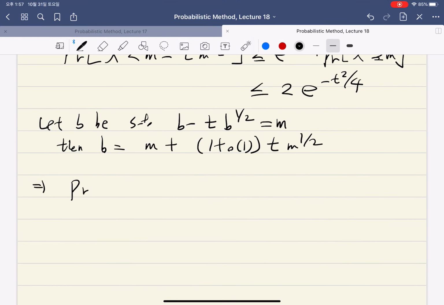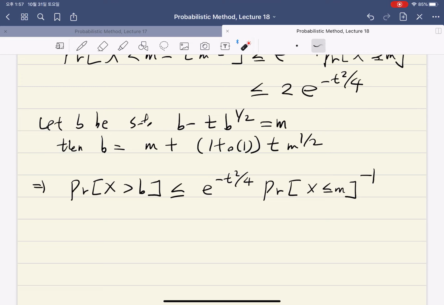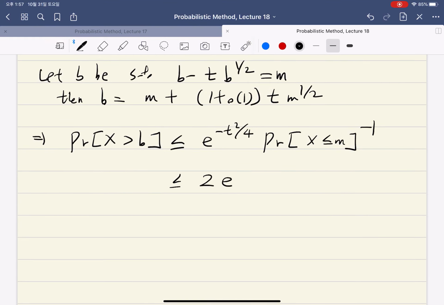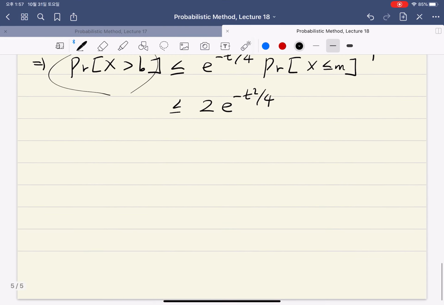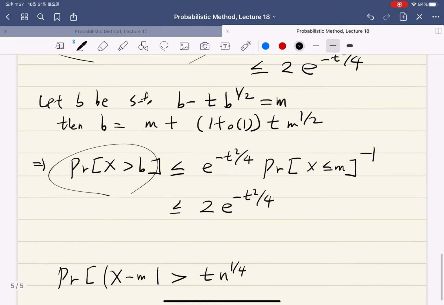Then what we get is the probability that X is bigger than B is, by the Taylor-Lagrange inequality, we can actually get this number here, which is M. So again, this is 2 times e to the minus t squared over 4. So combining this and this, what we have is that the probability that X is deviated from the median by n to the 1/4, because here we have a,